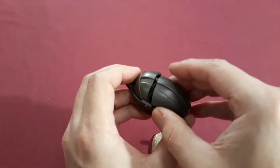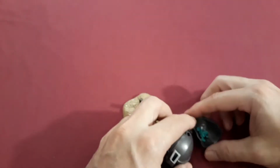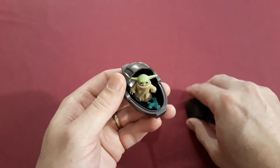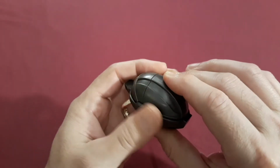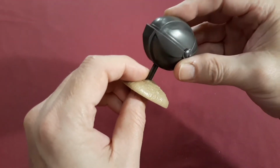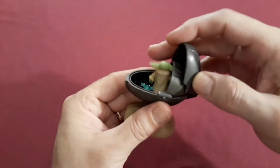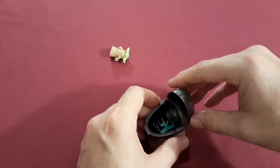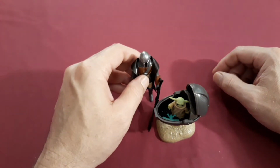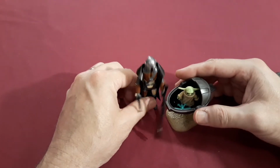Let's see. And there it is. Oh, be careful, don't drop him. I dropped the baby. He's only 50 years old, but he's still a baby. So I can get him on this stand here. And there we have it. I'm just not a good babysitter. There we go. Now to add his buddy here, the Mandalorian. Wow, that's going to get lost. And maybe he won't lose